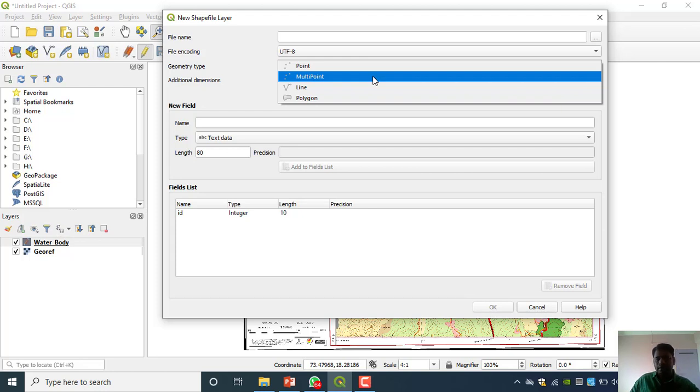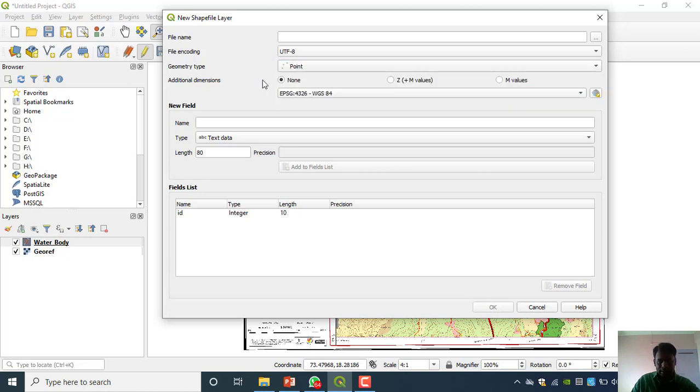In this version, there is only multi-point. Actually there is multi-point, multi-line and multi-polygon, those options are there. Okay, geometry type, just find out what that is and what its importance is, and submit it to me on my mail or WhatsApp, anything. Already we discussed this in 3-1, we have to find out this one. Okay, this is the multi-point.